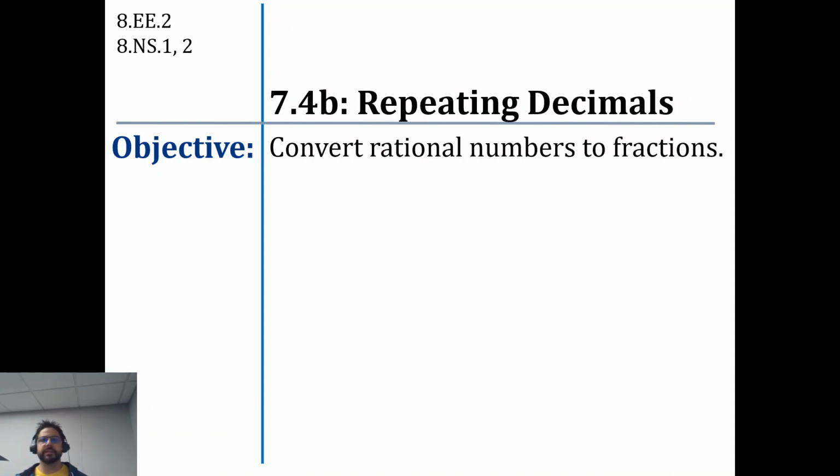It says repeating decimals. And we know chapter 7's going to add a lot of information, but it's all interconnected. And if you remember, repeating decimals, those are rational numbers. So we're going to go ahead and convert our rational numbers to our standard fractions that we spent a lot of time on in 7th grade and early in 8th grade. The 7th graders right now are learning how to convert fractions to decimals and to percents, which is what you did last year. So as it states, our objective there,